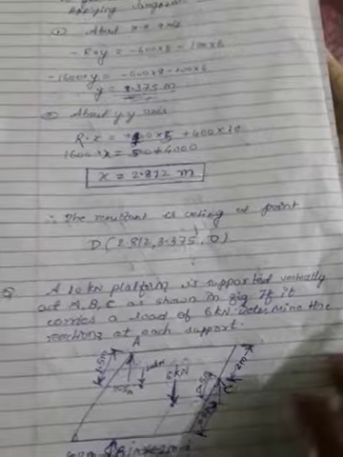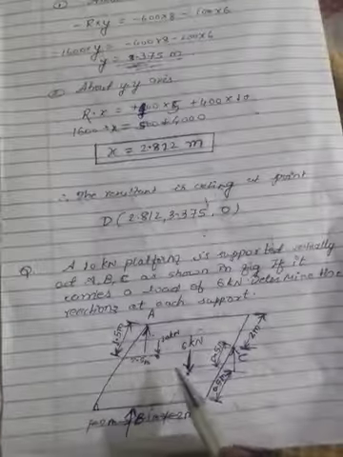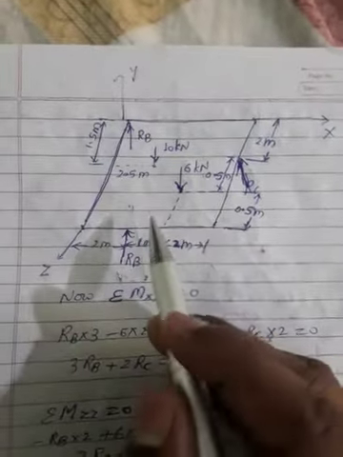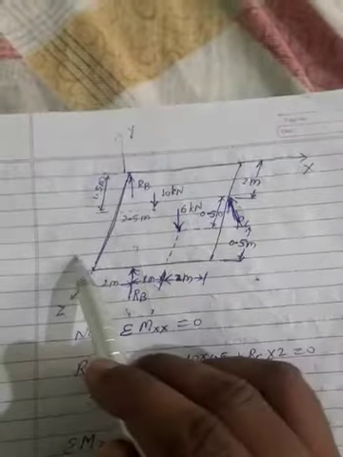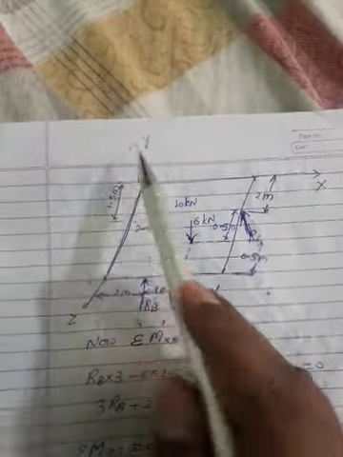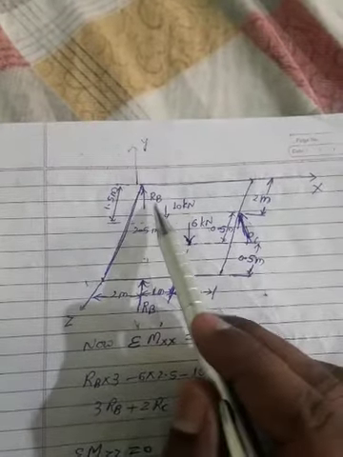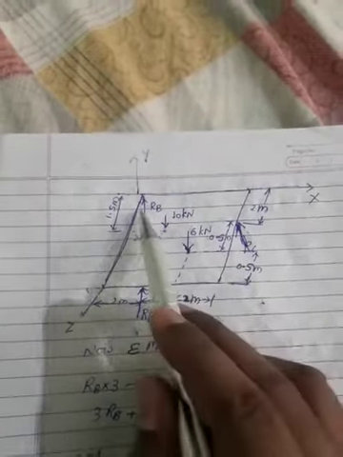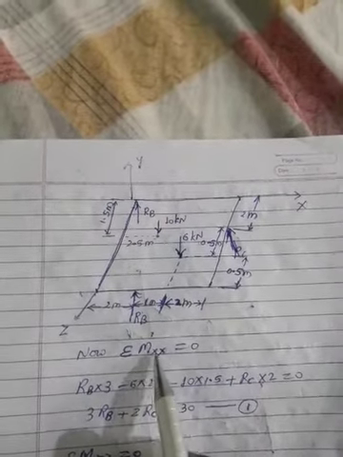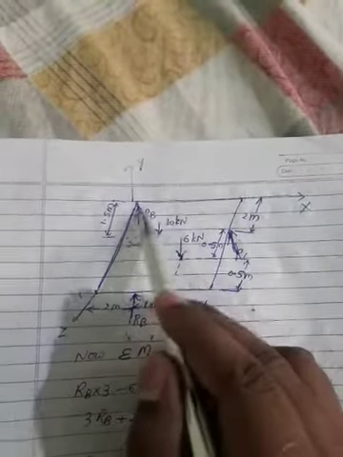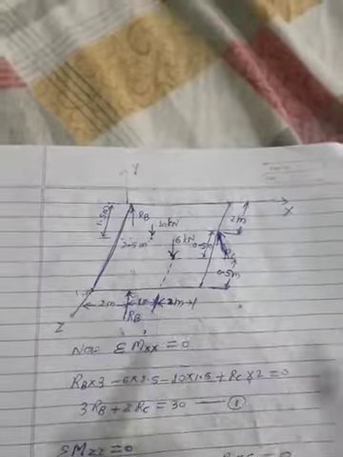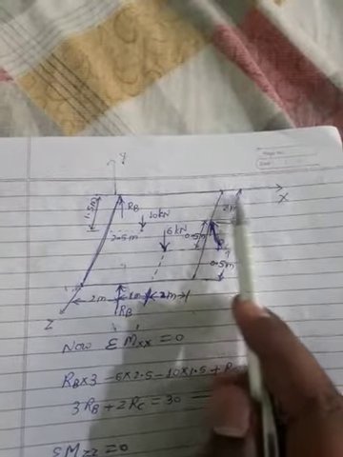Initially I am drawing the free body diagram, again the same diagram. I have drawn the free body diagram again here. This is the xz plane, this is y. You have been given the distances already here. At the supports I have shown the reactions RA, RB and RC, which are vertical. To calculate the reactions, I am taking the moment about the x axis and z axis. Initially I am taking the moment about the x axis.